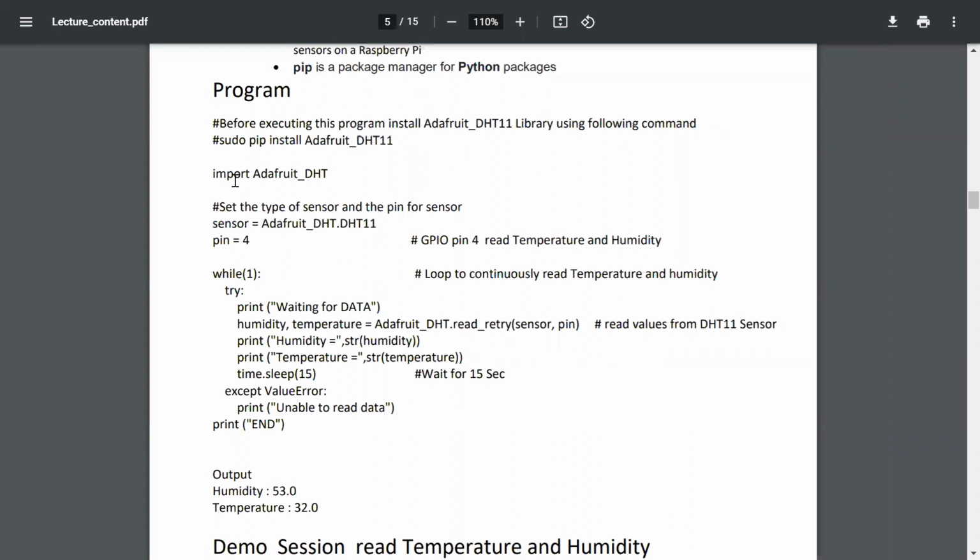To install it, you have to run this command: sudo pip install Adafruit_DHT. You run this command in the Raspberry Pi console mode, right? Pip is a package manager which will search for this package in the Python repository and install it on your computer. Without installing this, your program will not work.